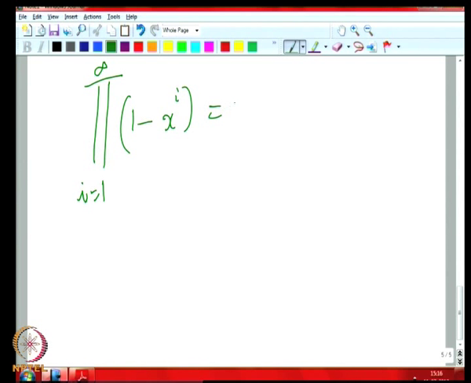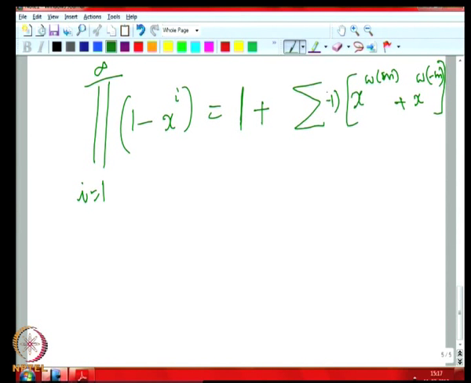So, what we will get is, initially we will have just 1, that is okay, because x raised to 0 we do not talk about any of the partitions. Then we only have things of the form x raised to omega of m and x raised to omega of minus m. Other powers of x will disappear, but the coefficient of x raised to omega of m and x raised to minus omega of m will depend on m. That will be minus 1 raised to m, whether it is even or odd, will decide whether we should have a minus 1 here or not. So, m will go from 1 to infinity here.